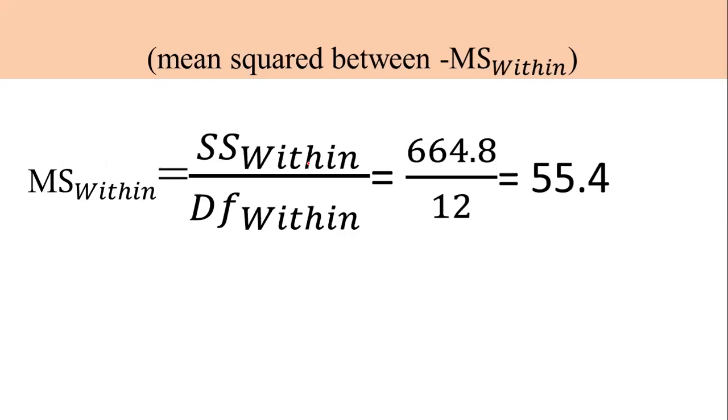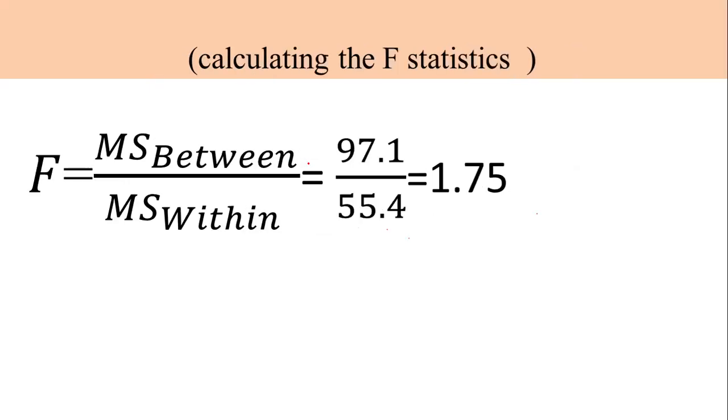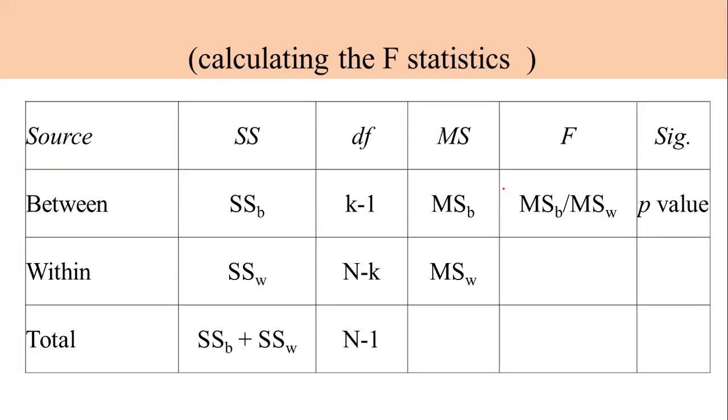And MS within, which is equal to 664.8 over 12, is 55.4. So now we calculate the F statistic. The F statistic is very important in our case here. So when we calculate, it's 1.75. Now, we have now to go to, you can